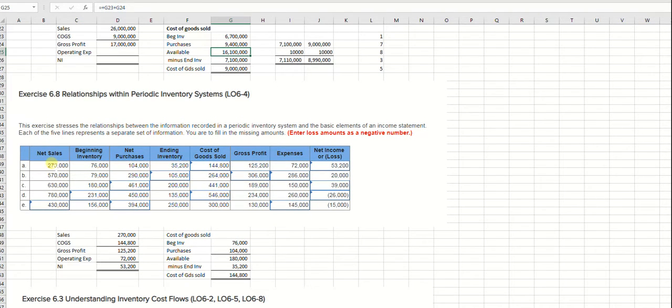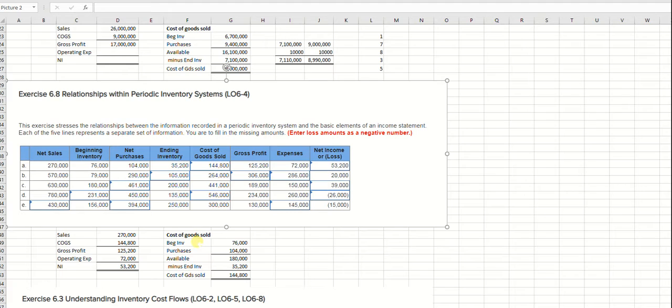Okay? I can also do similar things with this problem. So in this problem, I'm just going to take one line, and I've done the same thing. So notice I've got sales minus cost of goods sold is gross profit minus operating expenses is net income. If you don't know that, you will need that throughout your business life. So just write it down until you know it. Your cost of goods sold statement, you also will need to know this one. Beginning inventory plus purchases equals available minus ending inventory is cost of goods sold. Okay, and then the cost of goods sold feeds into there. So these are important things.